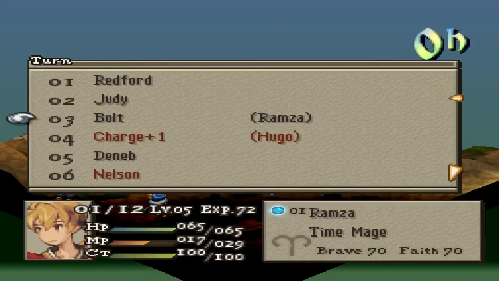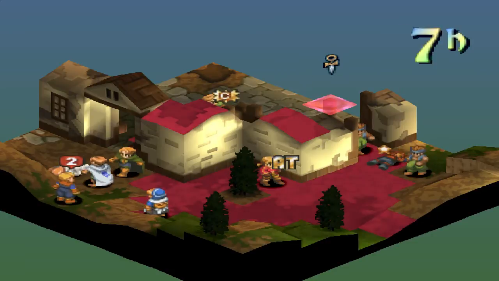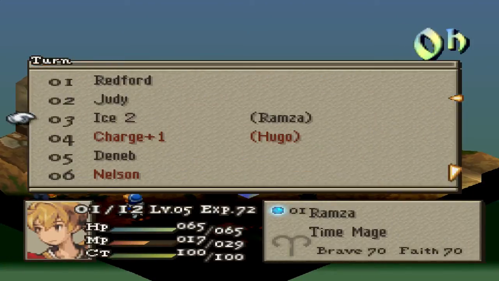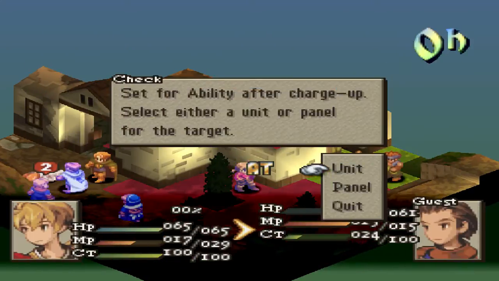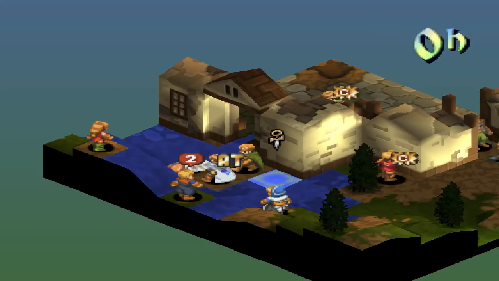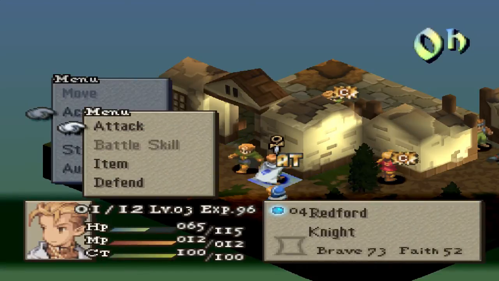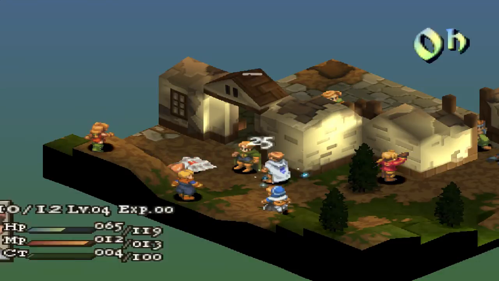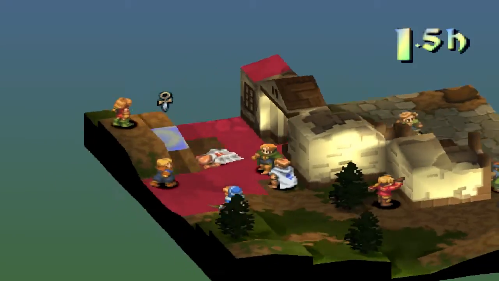Okay, I think this should be fine. Yes. Should I go for Ice 2? I think I should go for Ice 2. But let's just check the casting time. We are okay. So let's go ahead and do that. Yes, he will attack this character. Can you,